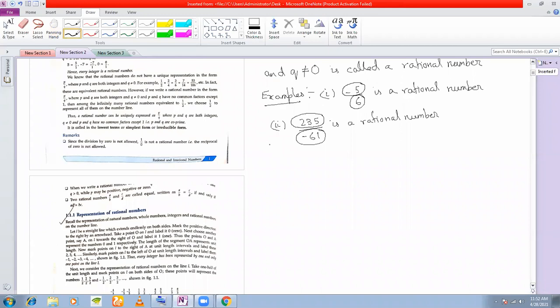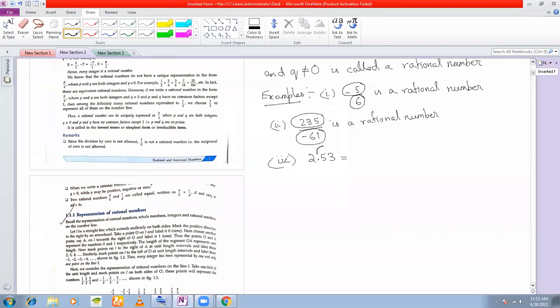But that is not the main thing here. The main thing is, what if a decimal number is given to you? Then how will you identify whether it is a rational number or not? For example, let us say I give you the number 2.53. Question: is it a rational number? Can anyone tell me whether this is a rational number? Yes, it is a rational number. Why? Because 253 by 100, if we do, the point will come.